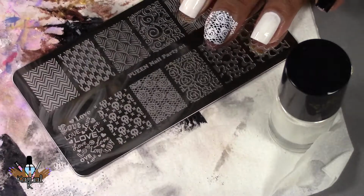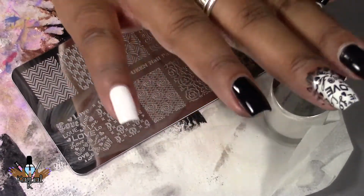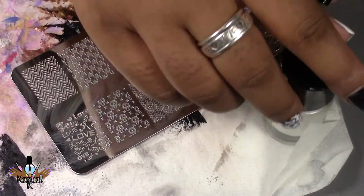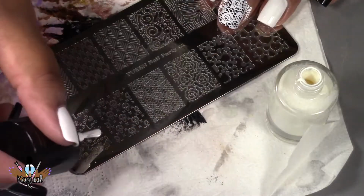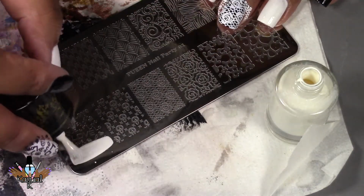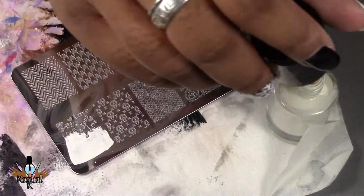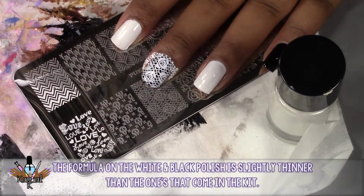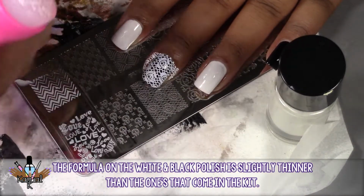Just clean my plate up pretty well here. Alright, so we're going to go with the white first, and I'm going to use the white on my pointer finger and the black on the pointer finger. Now these again are the ones that I already have. One thing I'm noticing is that I can definitely see through the one that I already had. Let's pick it up on the